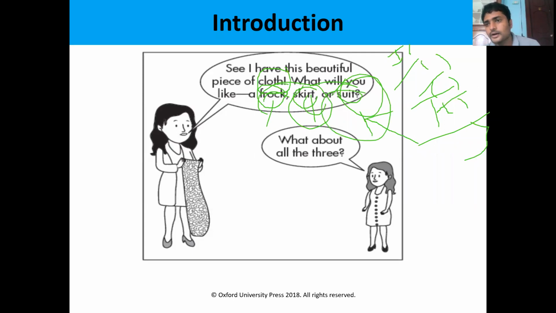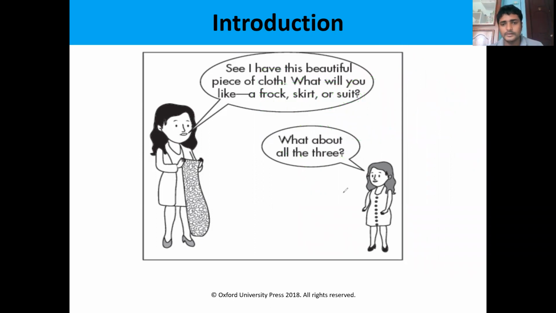Based upon the requirement of the user, they can opt for the options. So this is the background behind interfaces. What about all these three? That is the basic question to introduce the concept of interfaces. Next one.